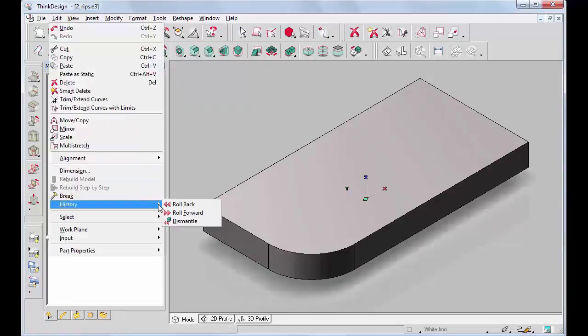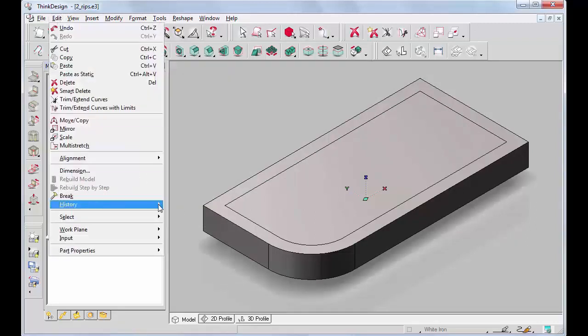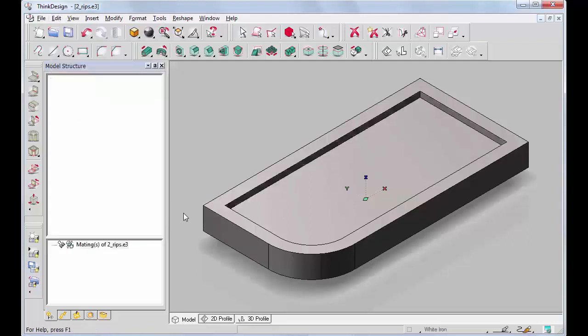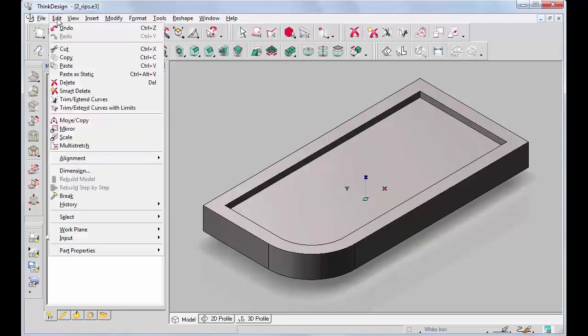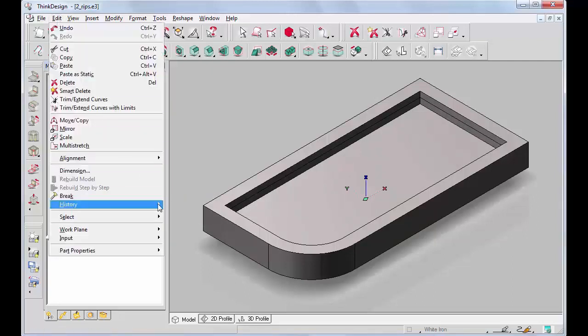Then a linear slot was added, and eventually the shell command was used to add the proper thickness. Let's now complete our roll forward,